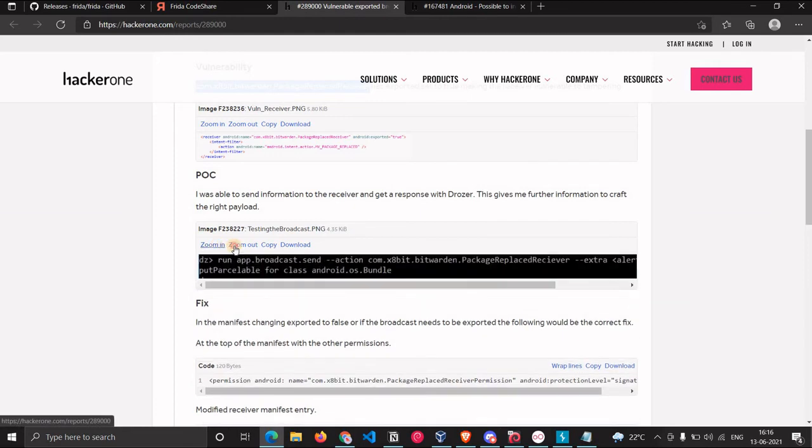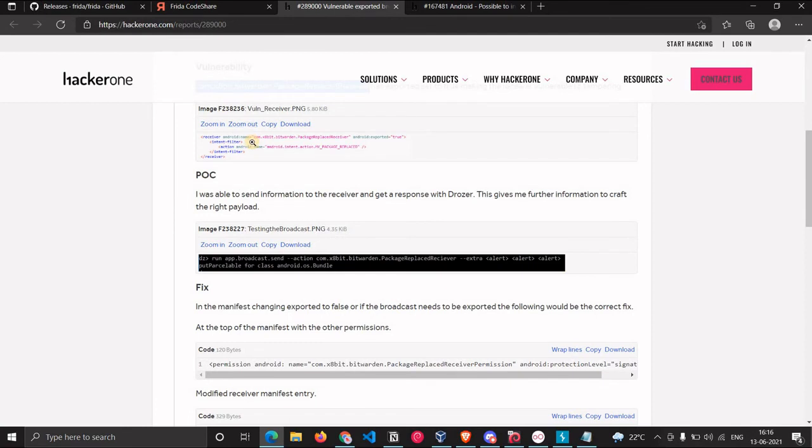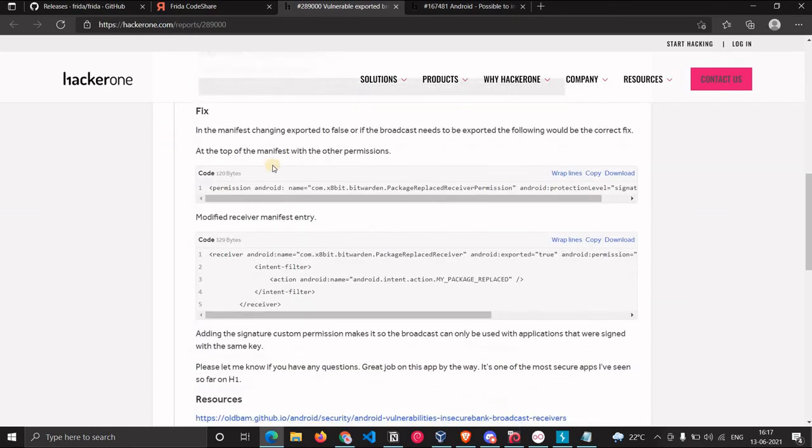So that is what he was saying. Now, if you look here, he's trying to broadcast a message to this application. He's saying run am broadcast, send an action he has given to the receiver, and he's sending some extra text to it. Since it's a receiver, it will receive messages from any broadcast. So if I make an application declaring one broadcast, and in that broadcast code I provide this receiver, and since it's exported, I can just send a message to this receiver.